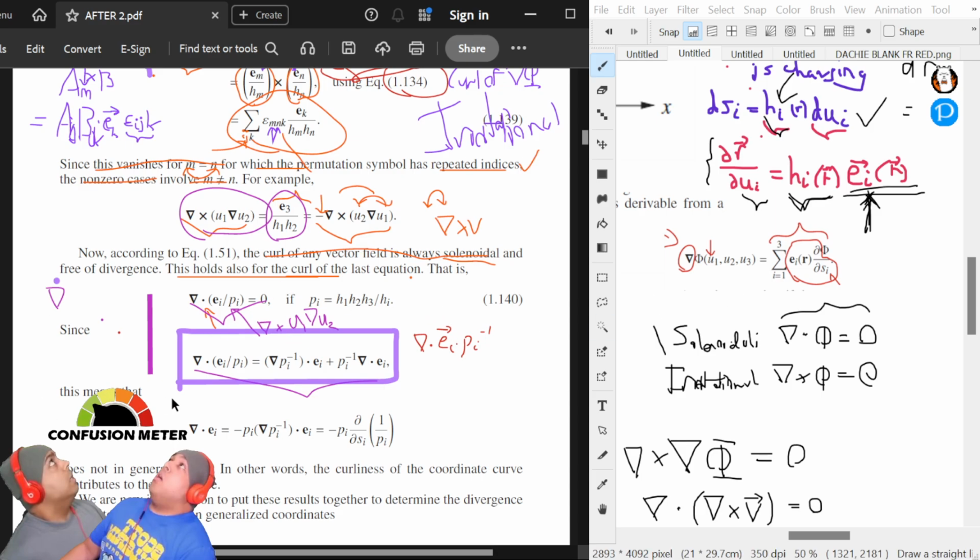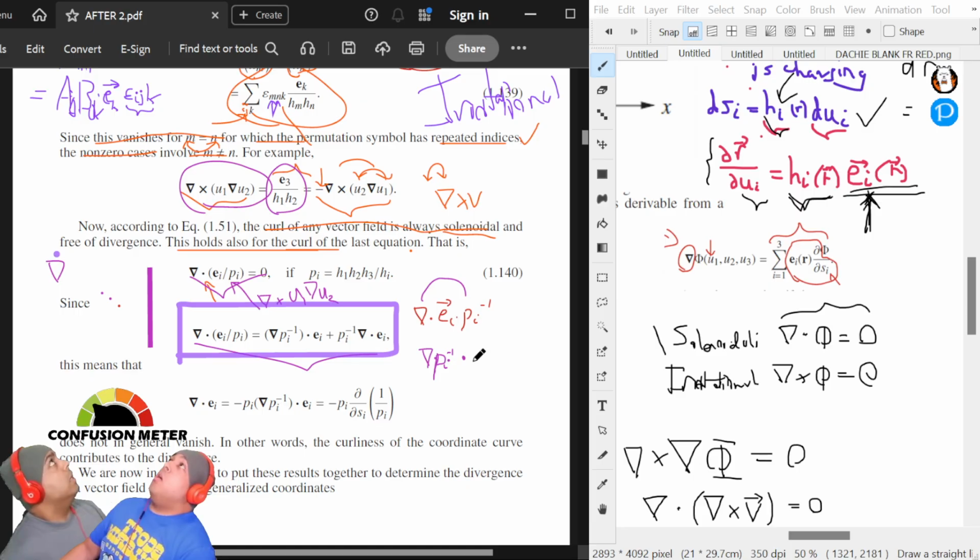I think I'm getting the hang of this. The gradient of p_i minus 1, then that will be dot producted with e_i. And now you add this to,